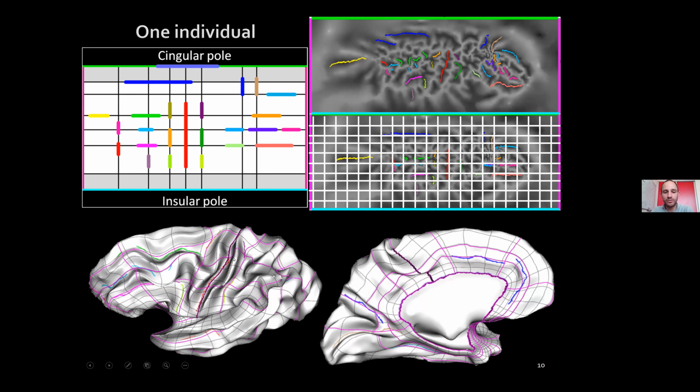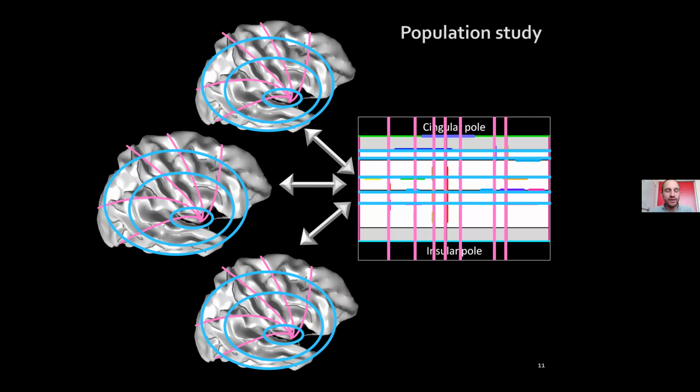So this is some sort of latitude and longitude that you would have for the map of the Earth. And of course, we did that explicitly. The latitude and longitude are following the major folds. So here I show you how we can define a parameterization of a brain based on a model. Now, the beauty of this tool is that we can do the same for several subjects. And if we have the same model for the different brains, then we have implicitly defined correspondences across these brains.